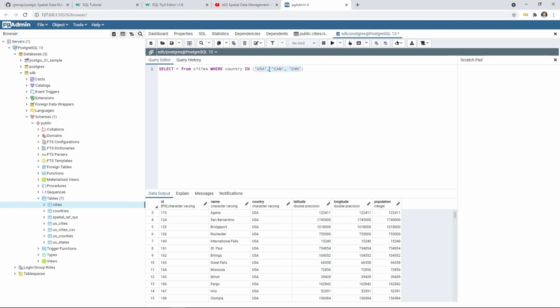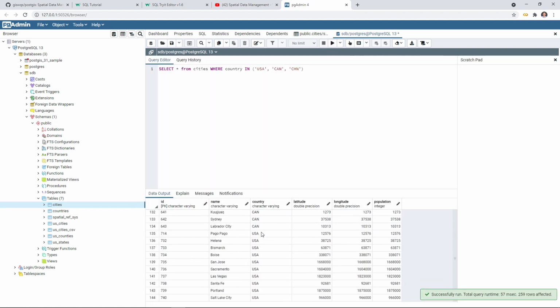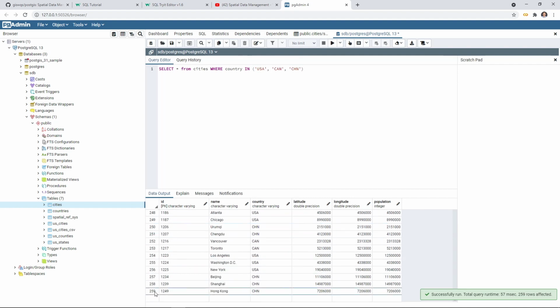In the list, you can have one, you can have two, you can have as many items as you want. So in this case, we're going to select all the cities in these three countries. Then if you execute, you should be able to see the list, and this is 256. Also, you can have a BETWEEN, right? So if you want to select population, between means you can select something within a range. So what we can do here, maybe WHERE population,